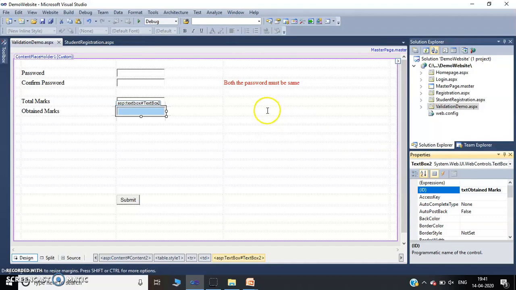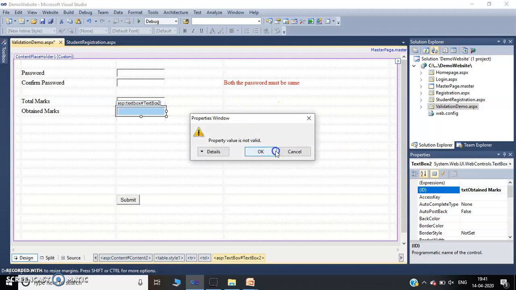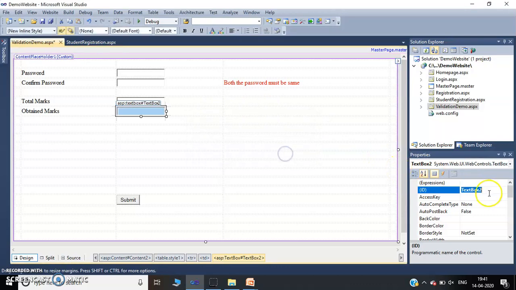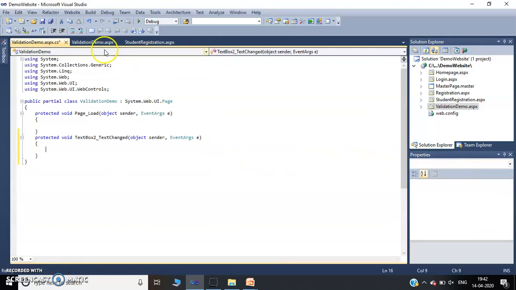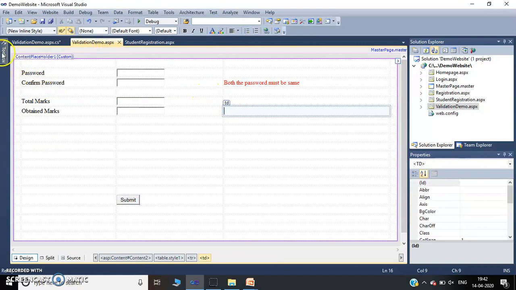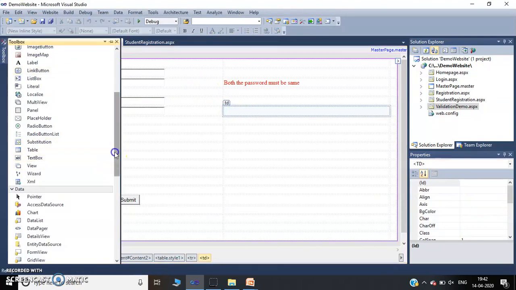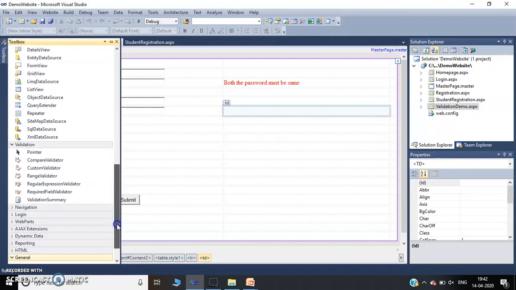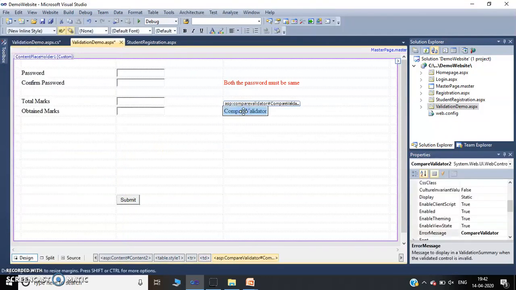Now for this I will use, here spaces are not allowed, txtObtainedMarks. Again the same process, just from validation tab drag compare validator and keep in front of obtained marks. It depends on you where you want to display your errors.